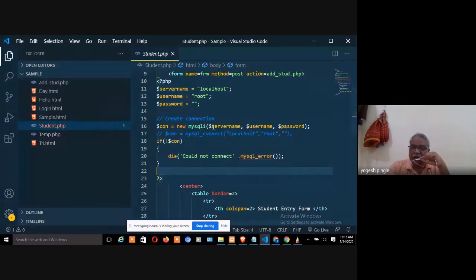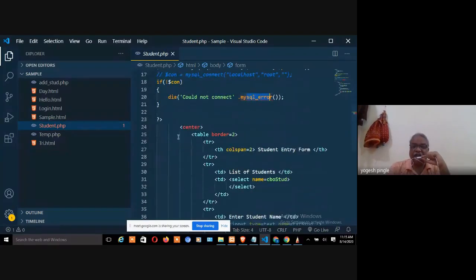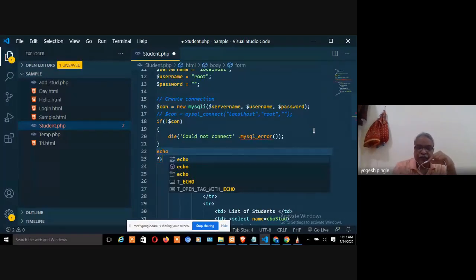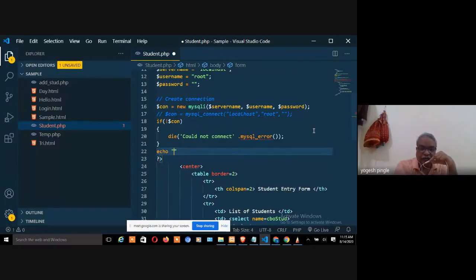So equal to new mysqli server name, this is this. And here I'm saying if something goes wrong, then it will show me the particular error. If you are not having any kind of error, then this is what you will get. So over here, if I write echo, let's say not welcome, let's say database connected, and semicolon.